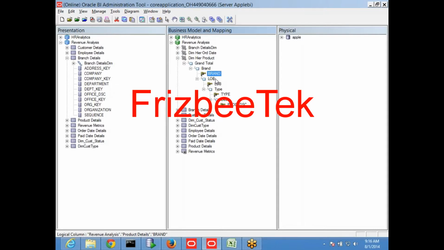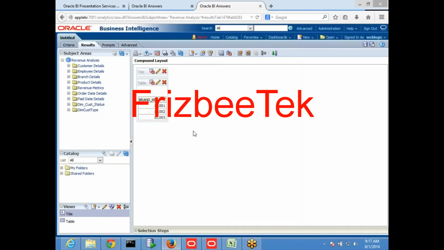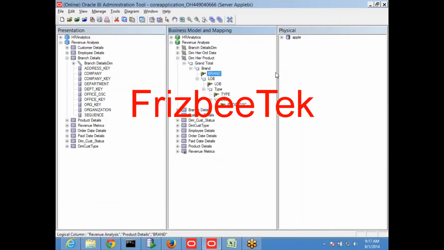Since brand key is not placed in this particular column level, you will not find any hierarchy over here. So that's why you can place n number of columns in a level for which you are looking at any drill techniques. So now I can go and place one more column.